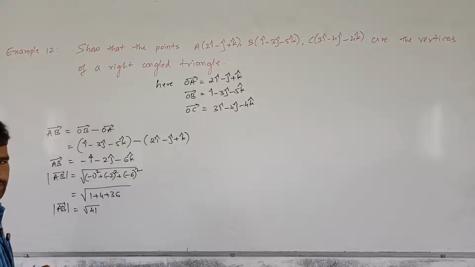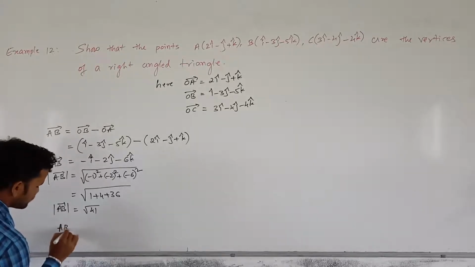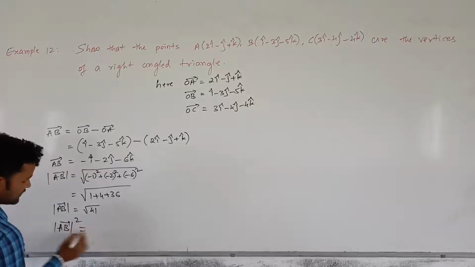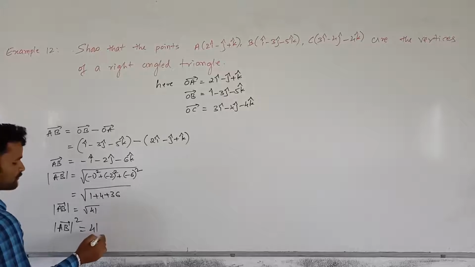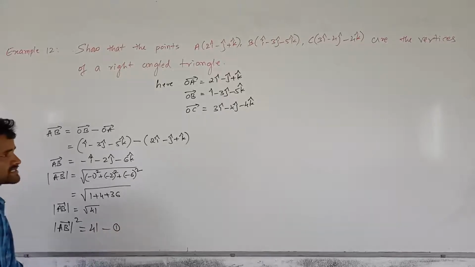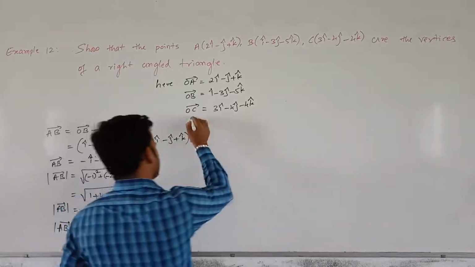We want squares, to use the Pythagoras theorem. Let us square on both sides. We have the magnitude of vector AB squared is equal to 41. Let me take this as 1. And now